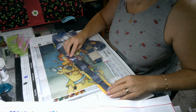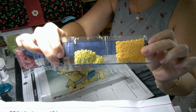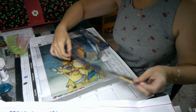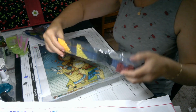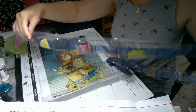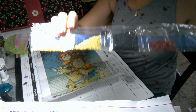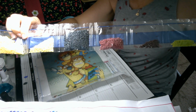That's weird. So these are the colors of Scooby. I think I might have to change that. I've got plenty of extra browns. And the gang skin is this, so I might have to go to like a peachy color to not have them look like they are radioactive. Okay, so we have a dark gray and a pretty mauve color,